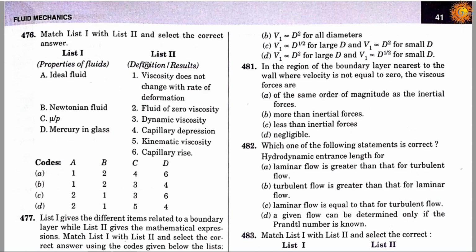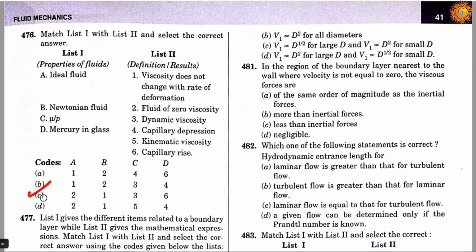And in the second list you will see the definitions and results: viscosity does not change with the rate of deformation, fluid of zero viscosity, dynamic viscosity, capillary depression, kinematic viscosity, and capillary rise. So according to this, the correct answer is C,